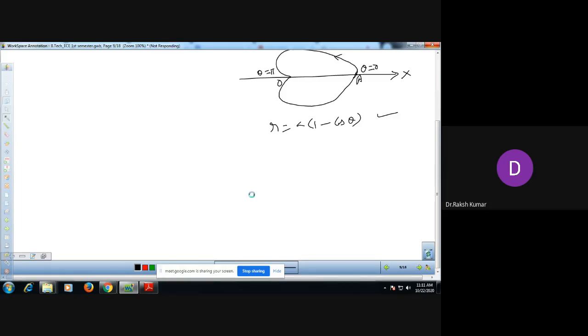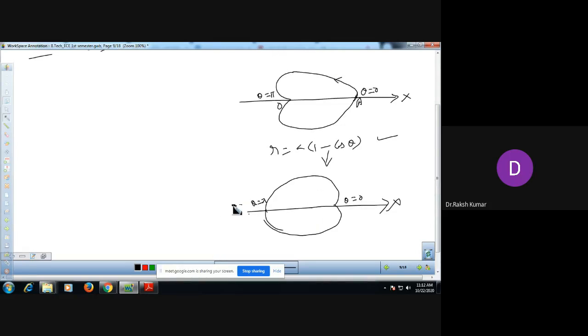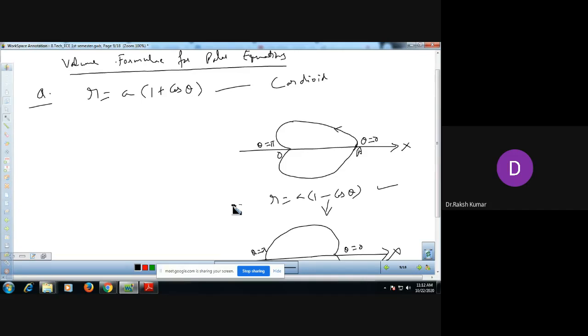So you must know the difference between the left cardioid and the right cardioid. This is the left cardioid given to us, and this is a right cardioid, whose shape will be just the reverse of this, and you have to plot it. This will be the shape of this curve, on the right hand side. Again theta is 0 here, and theta is equal to pi here, and this is the vertical axis. If the question comes for this equation, you will have this shape. Always remember the difference between the two cardioids.